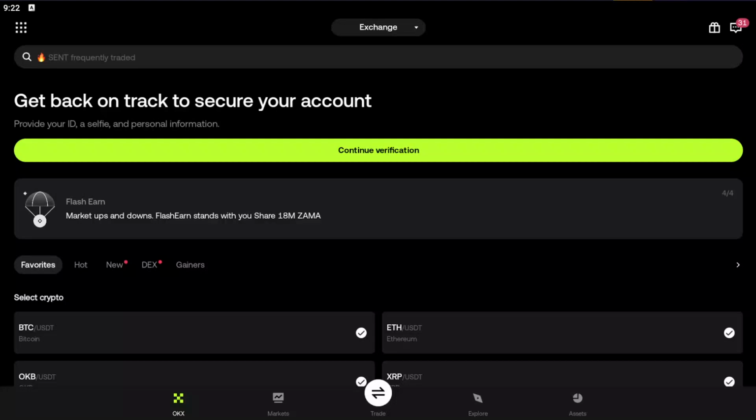In this video, you'll learn how to change the currency in the OKX Wallet app on your mobile device. By following these steps, you will be able to customize your wallet settings to reflect your preferred currency for transactions and balances. Begin by opening the OKX Wallet app on your smartphone, whether you are using an iOS or Android